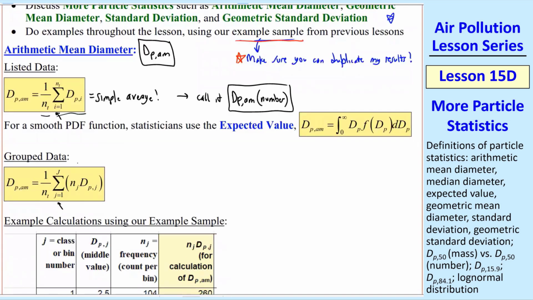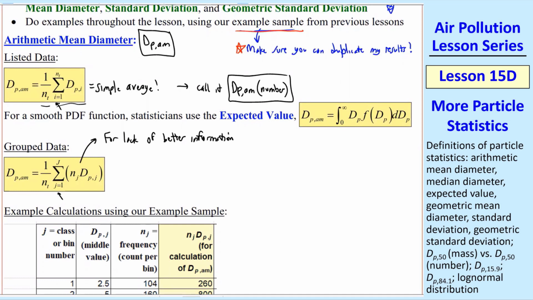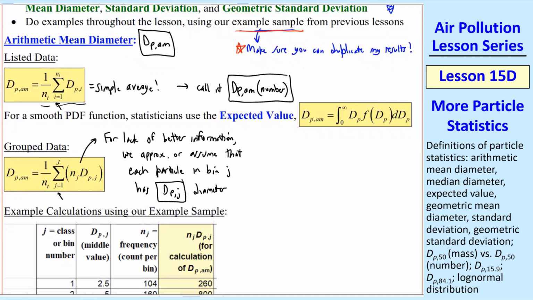How do we calculate an average with group data? We don't have all these DPIs. All we have is DPJ, the middle value, and we know the number of particles. So for lack of better information, we approximate that each particle in bin J has a diameter that's DPJ, which is the middle value. That's really the best we can do with group data because we don't have all the